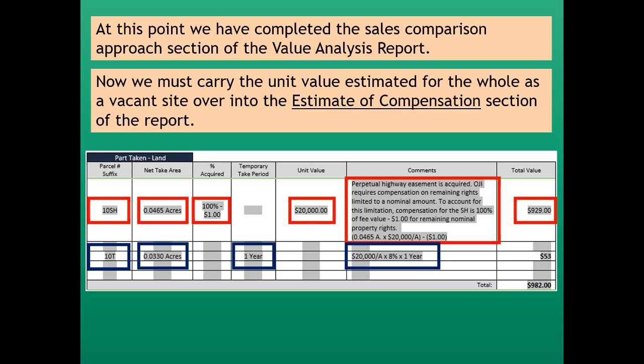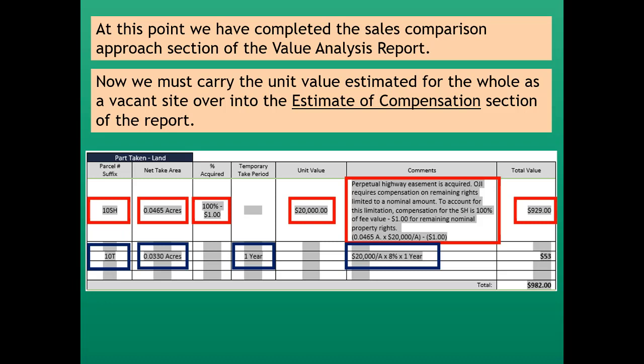We're using the value analysis report here, so we've determined that we've got a simplistic acquisition. There are no damages, so the unit value of the residue would be the same as the unit value of the property before the take, which is $20,000 an acre. Now, when we estimate compensation for a T, what we're doing is estimating the rental market value of the property that's going to be encumbered with this 1 year